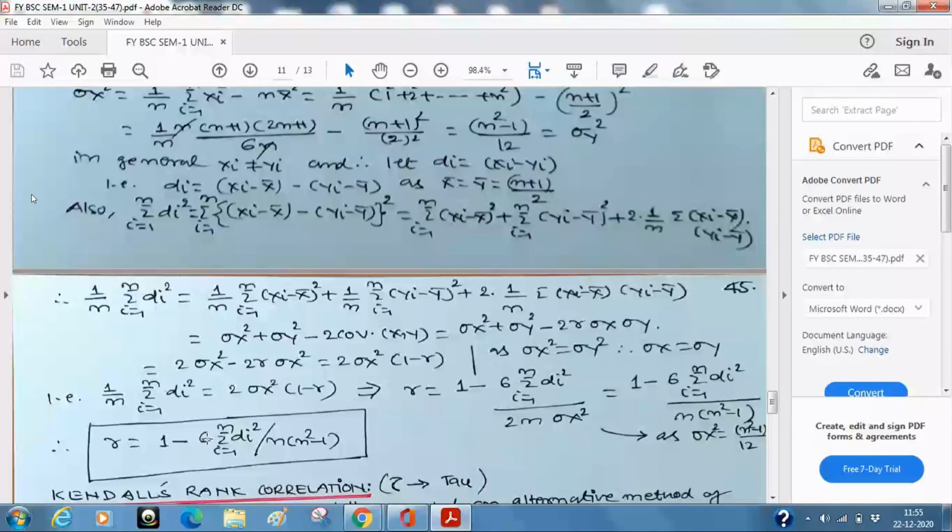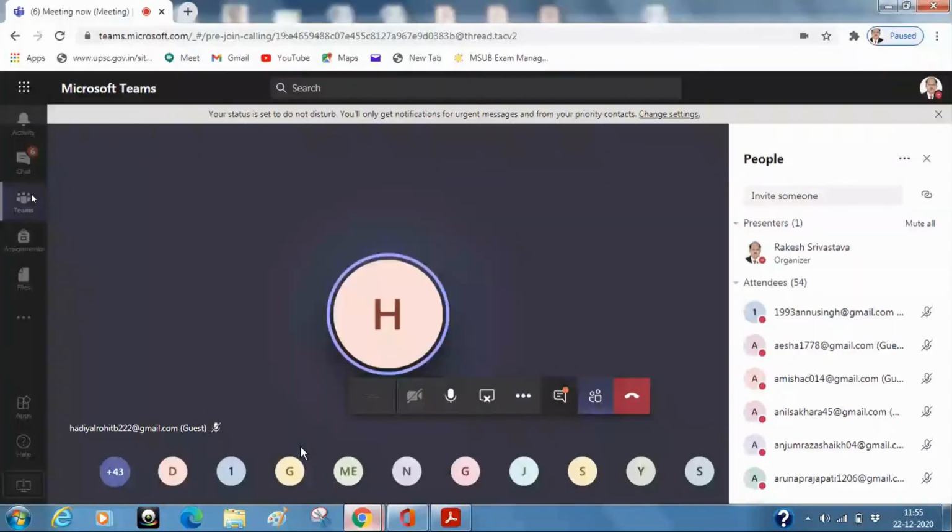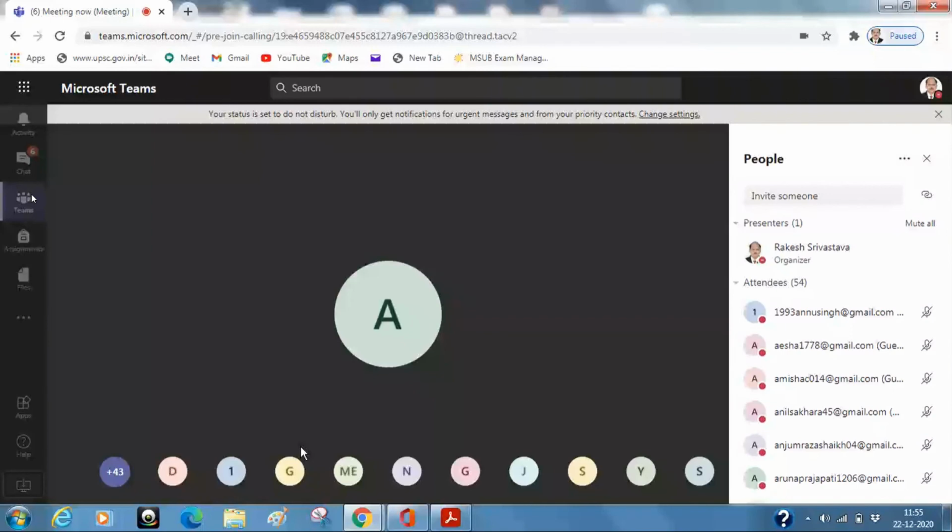कोई दूसरी वैल्यू आपको क्यों नहीं मिली? क्योंकि derivation पूरा मैंने आपको एक step समझाया कि r is equal to this and then finally we have substituted this value. So this is 1 minus 6 times summation di square upon n into n square minus 1, which you have got from here. So this is finally the formula for rs, which is 1 minus 6 summation i is equal to 1 to n di square upon n into n square minus 1. This is each and every step of the derivation of the Spearman's rank correlation formula.